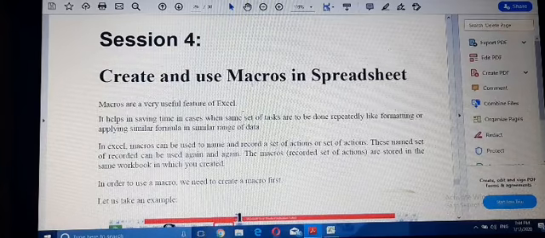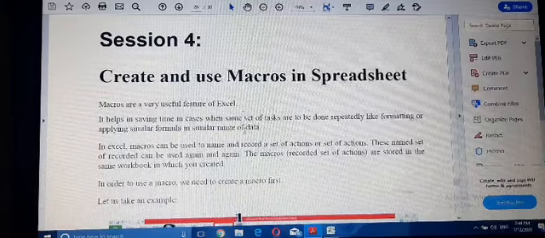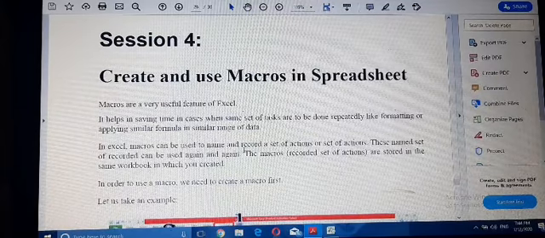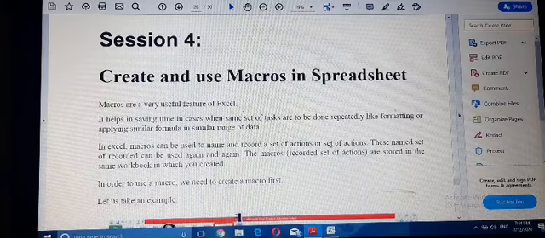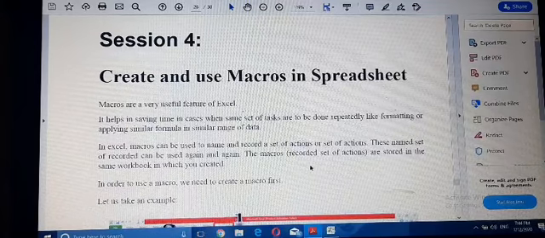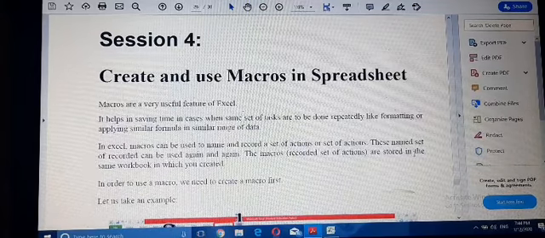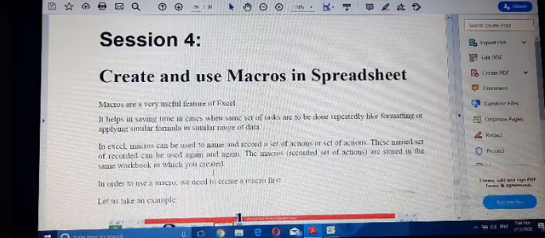Generally it is used to record and name a set of actions. This named set of records can be used again and again. The macros are stored in the same workbook in which you created them.